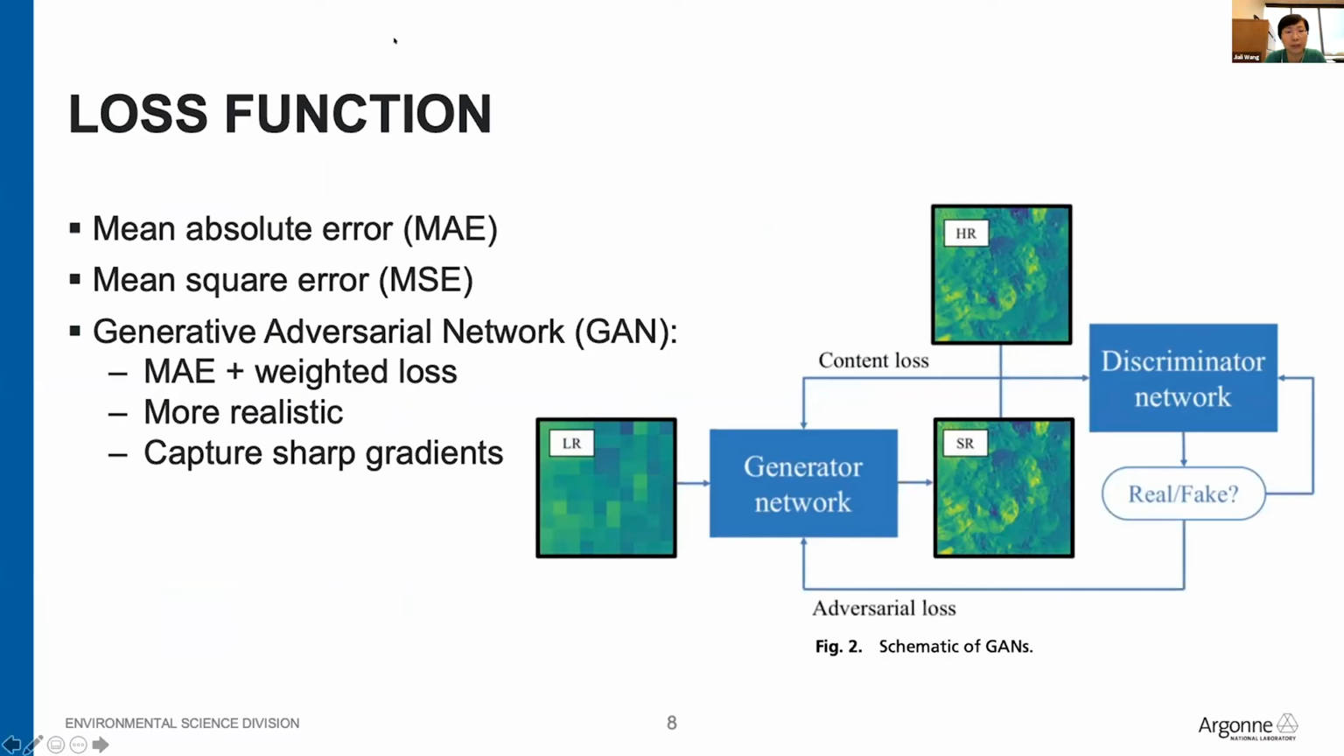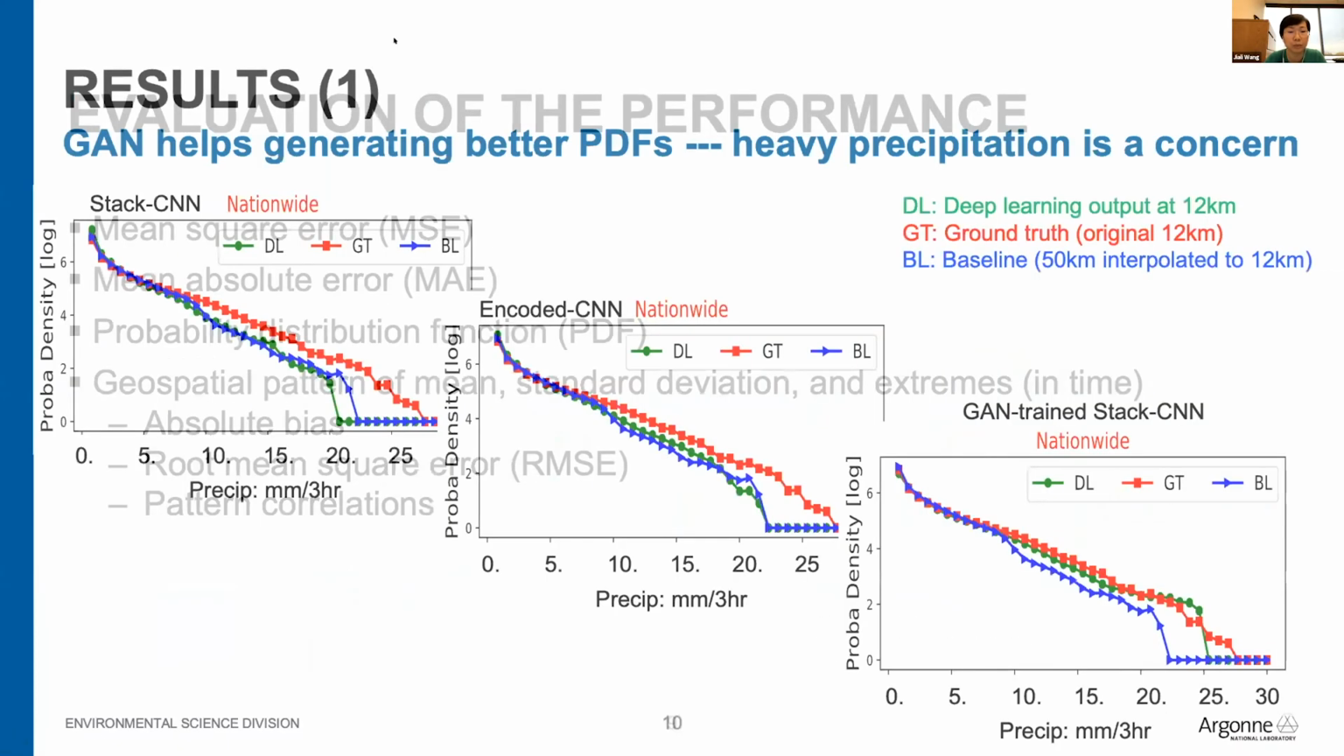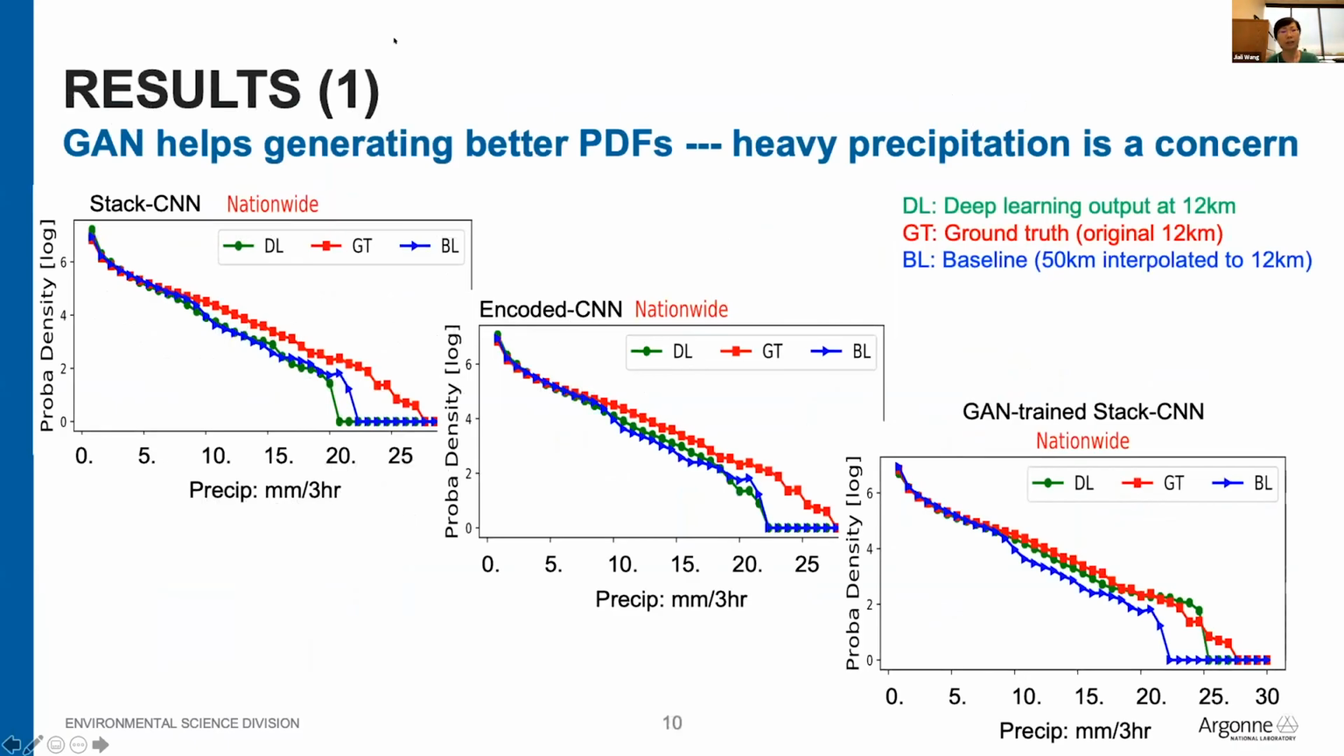So for the loss function, in addition to the typical loss function, we also use the conditional GAN because it can generate more realistic results and capture the sharper gradient. I can show you the results in the next slide, please. And we can skip this because those are metrics we look at. Okay, so here we compare 3 results from the CNNs, which use the normal loss function and the GAN. And you can see the GAN can capture the extreme precipitation pretty well and close to